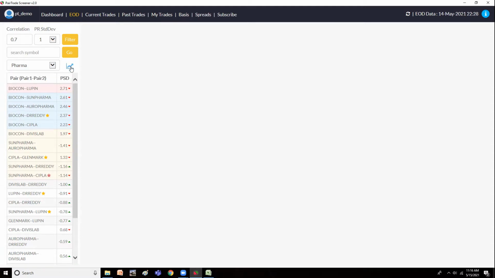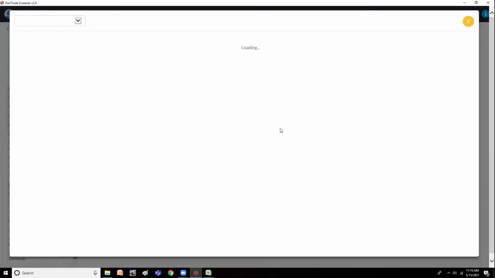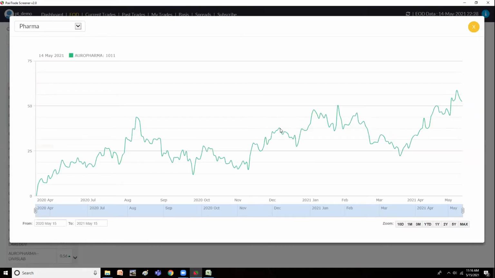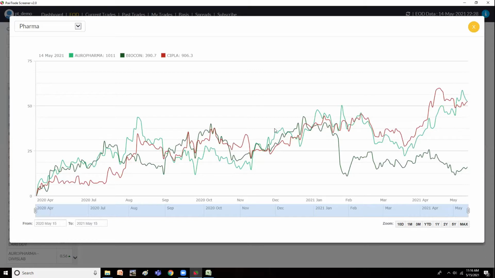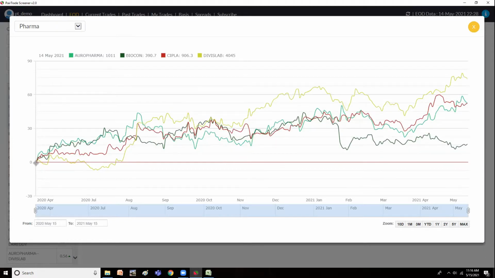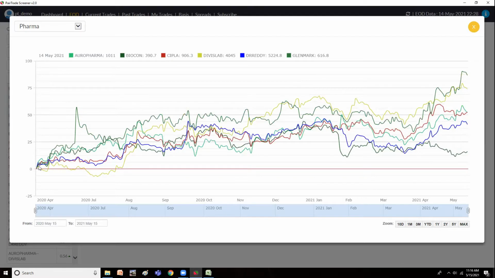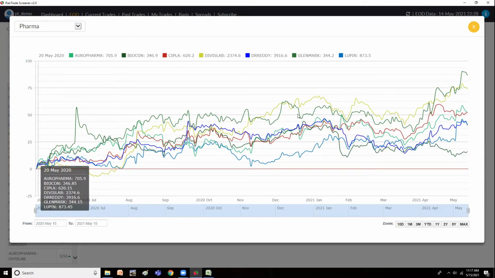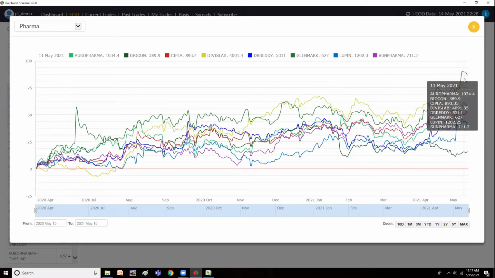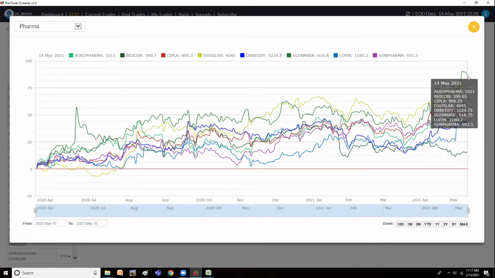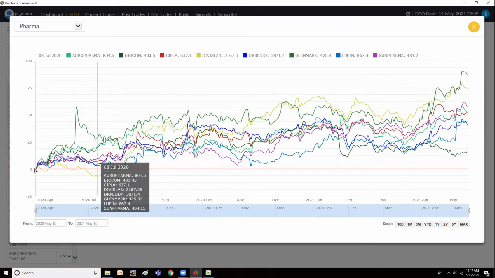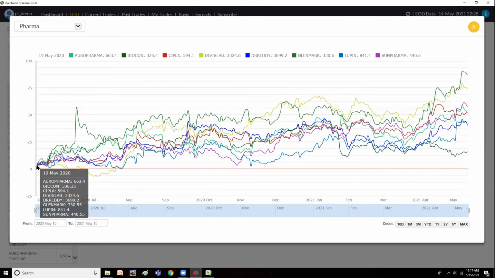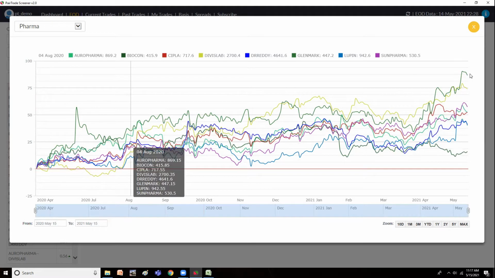And there is a chart option here. I could just click on that and I could know the performance of each stock over a period of 1 year. So if everything is started at 0%, on a daily basis you see how much return it has given from that day, in terms of percentage return. From here, you see one of the stocks has given almost 85 to 90% returns over the last 1 year. If you consider the last 19th May, if you had purchased something like 100 rupees worth of this, that would have been like 180 today.